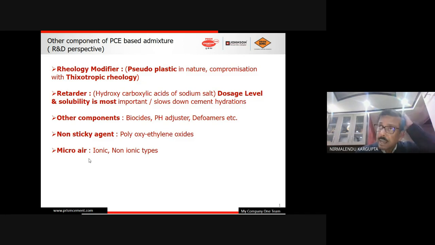In some cases the CSS is very harsh and the angularity index is very high. If you take your CSS and squeeze it, you will feel your finger will be hard, maybe even blood coming. So the angularity index is very high. In those cases you can incorporate a little micro air, not macro. There are two kinds of air available in the market, but it is better to use